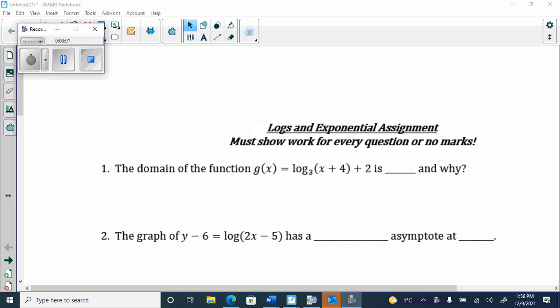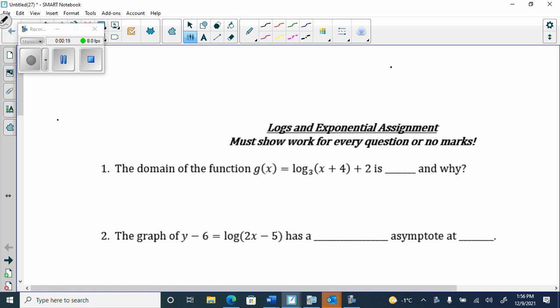First one is the domain of a log. Now remember, I can ask you for inverses as well, right? But you would just find the domain and range of whatever the original one is. Switch x's and y's, don't overthink it. So a log function, we just have to remember that log functions,